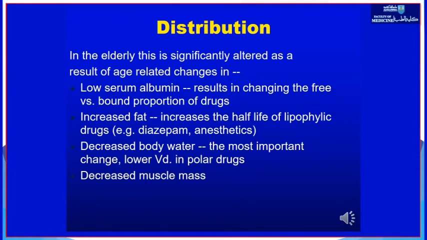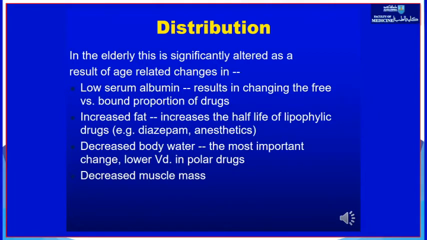Number one is that we have a decrease in muscle mass with aging, a phenomenon known as sarcopenia. In addition, we have a decrease in the total body water content with aging. So if water makes up 70% of a young adult's body weight, by age 70-75, we're down to